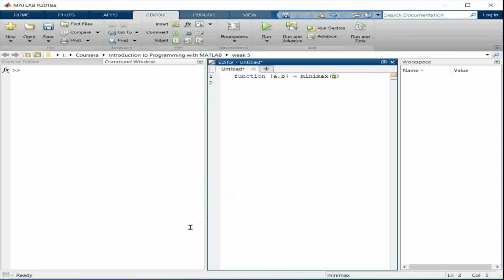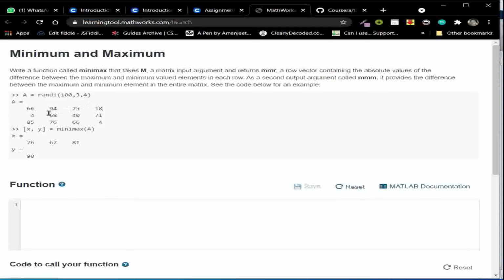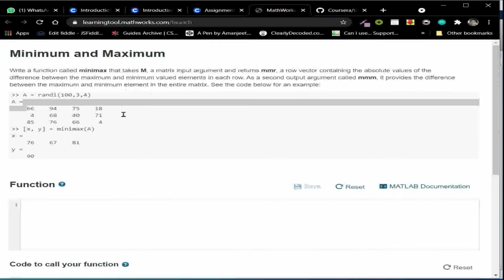So first let me assign the maximum for every row and the minimum for every row.